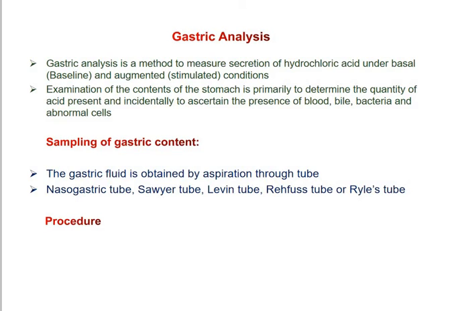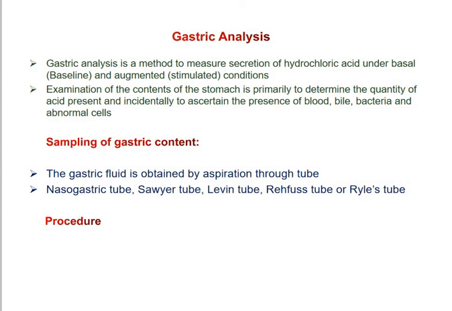The technique used varies according to the information desired. The total absence of hydrochloric acid is diagnostic of pernicious anemia. Patients with gastric ulcer and gastric cancer may secrete less acid than normal, whereas patients with duodenal ulcer secrete more. The composition and volume of the secretion may also provide diagnostic information.